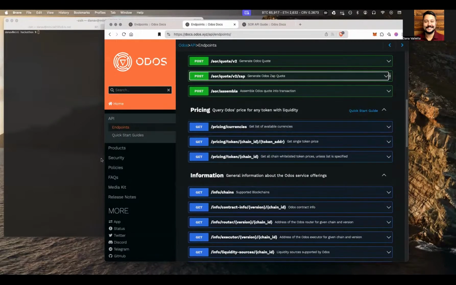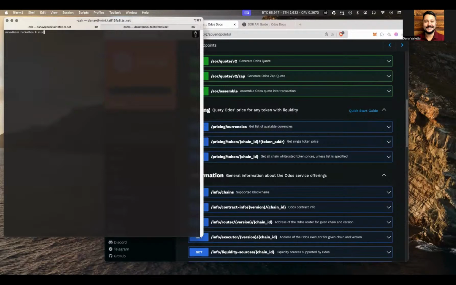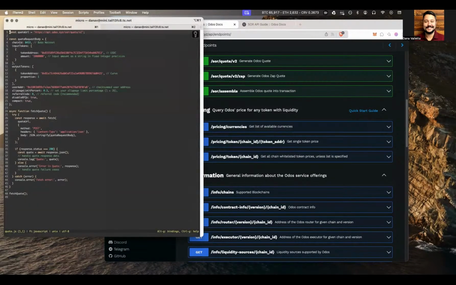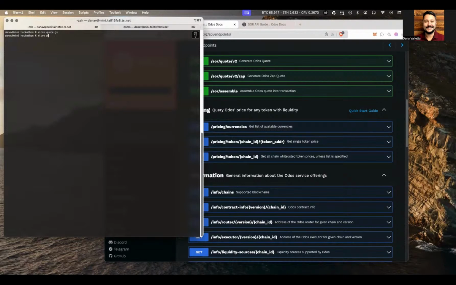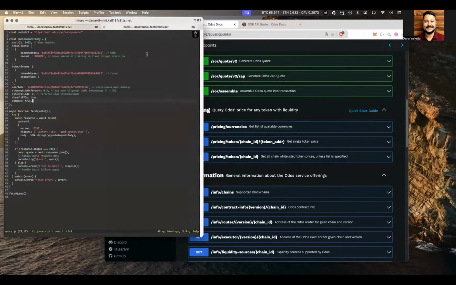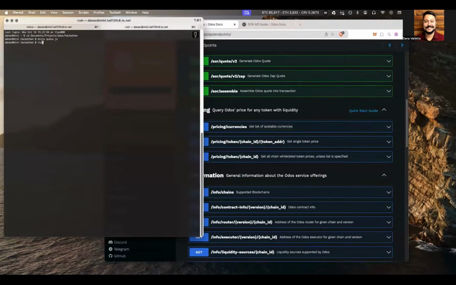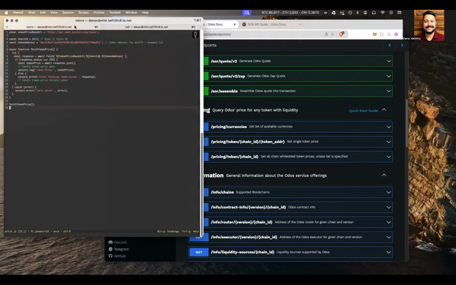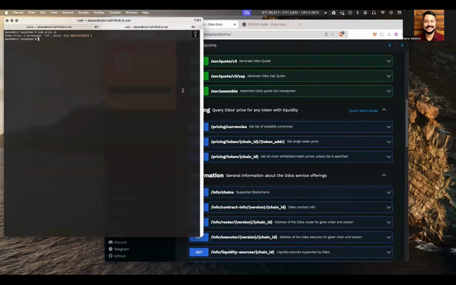Our pricing API, the example that I have here is extremely straightforward. We're calling our API endpoint, we give it the chain ID, and then we just give it the contract address. All that said, it does exactly what it says on the box, right? This is my token price, this is the currency, and this is the on-chain price for that wrapped Ethereum token.